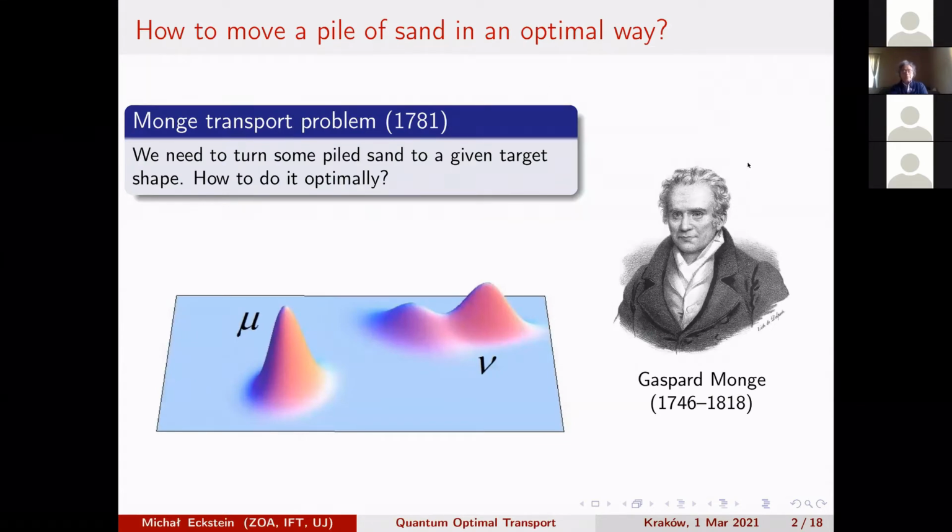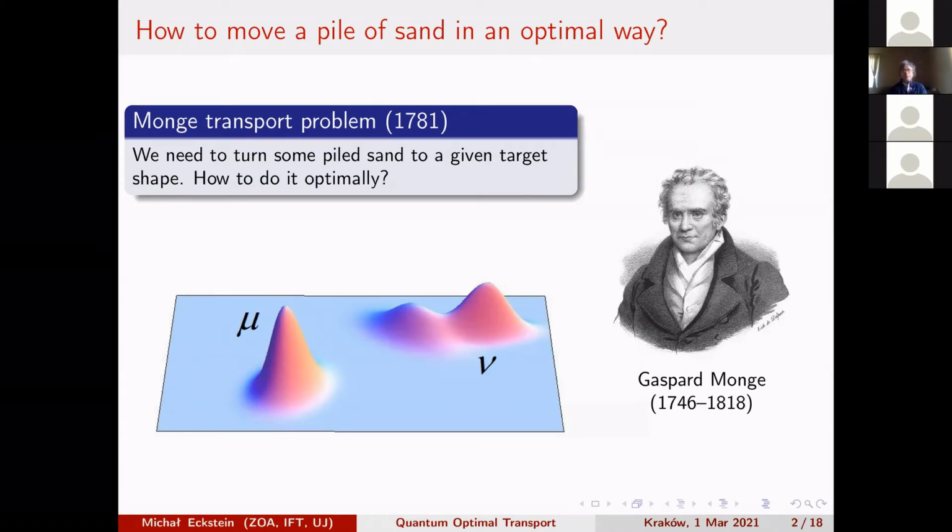Well, it all started in the 18th century when Gaspard Monge, quite a talented mathematician, was given a task to build fortifications. So it means that you have some piled sand and you want to transform it into some given shape. And the question is how to do it optimally. What does optimally mean? Well, you want to minimize, of course, the work that you invest to complete this task. And Monge was clever enough not to pursue the tedious computations that were usually invoked at this time, but he managed to do some drawings and said, okay, this is going to be an optimal way to do it. Okay, so that's the original